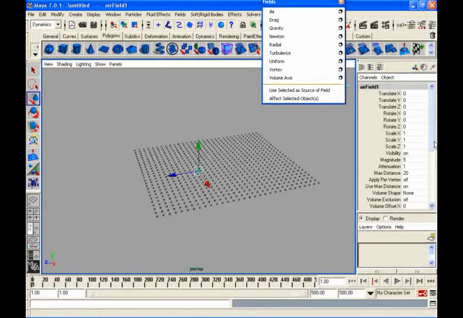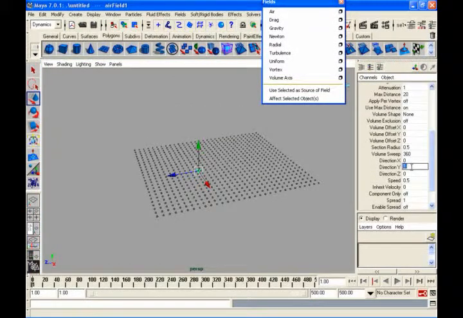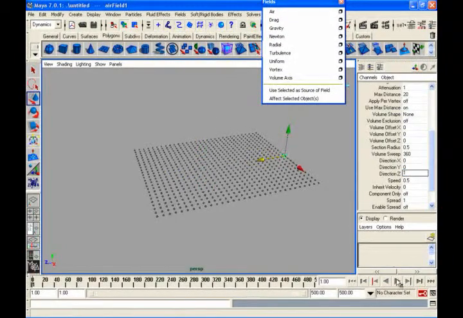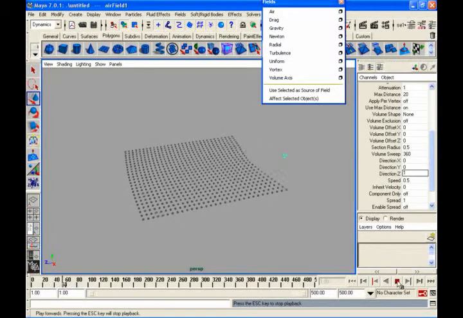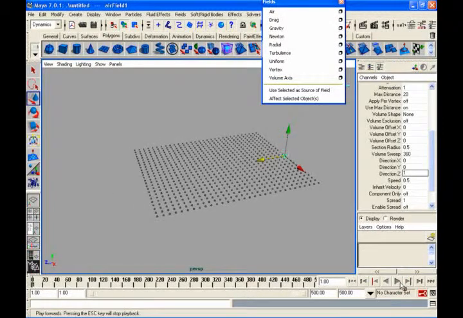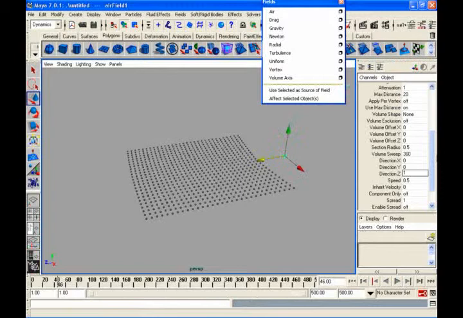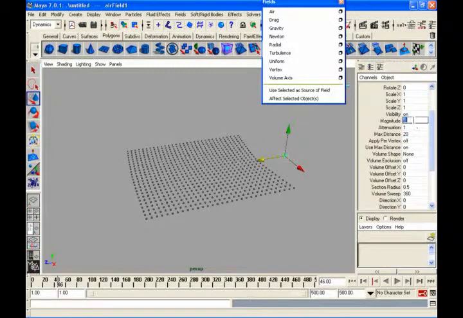Now you can just go back to 0, enter a value of 1 and push it this side, and it will start. Okay, it's pushing my particles like a wind. So magnitude is your power. The more the magnitude, the faster it will push.